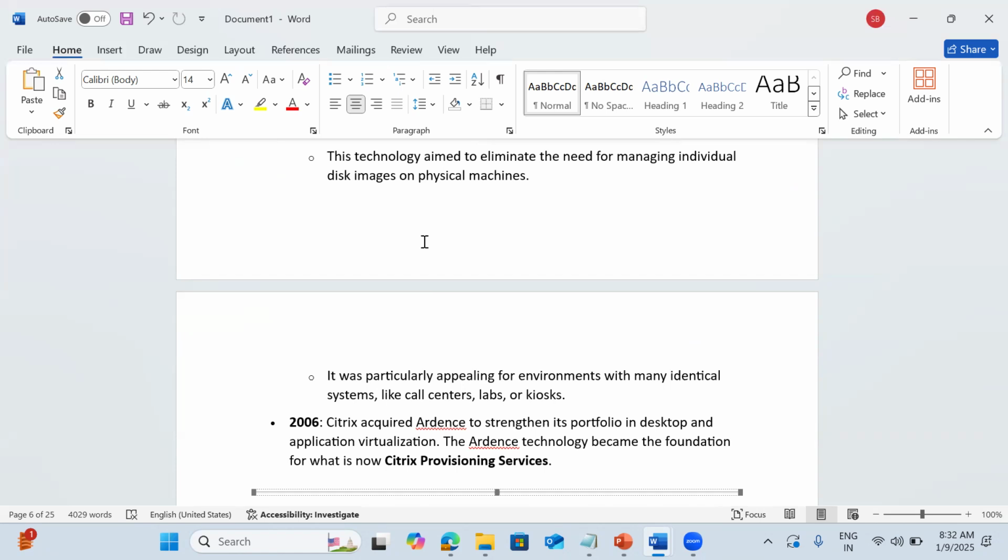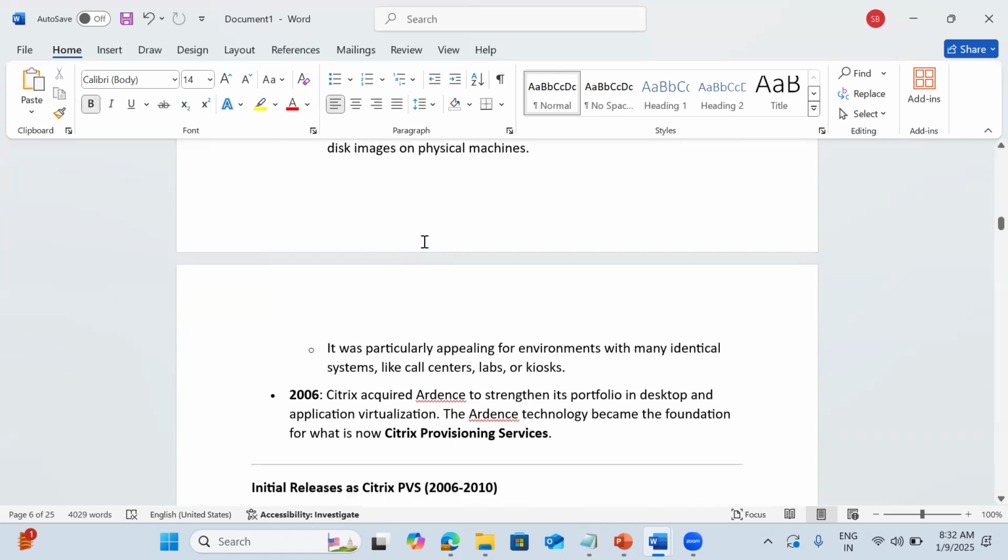If they go to any government office, bank, insurance, healthcare, universities, railway stations, airports, everywhere they will see the Citrix logo when devices are booting.